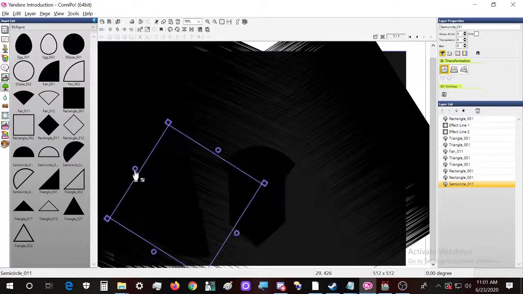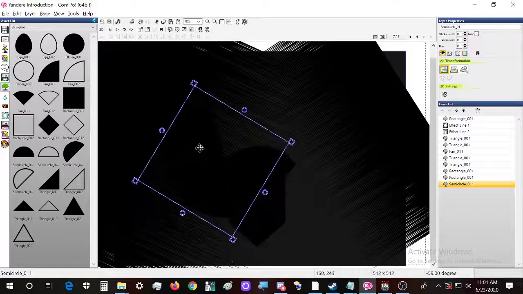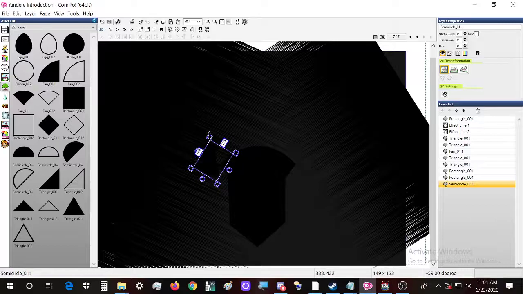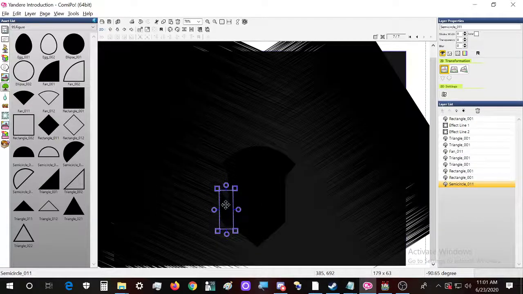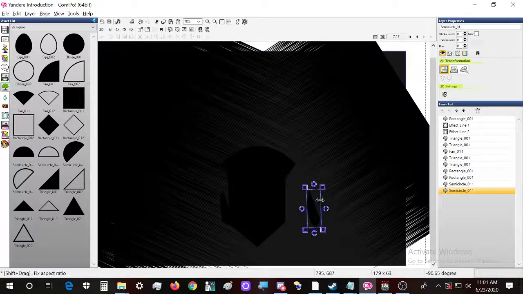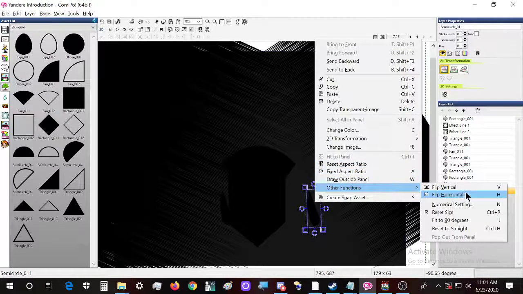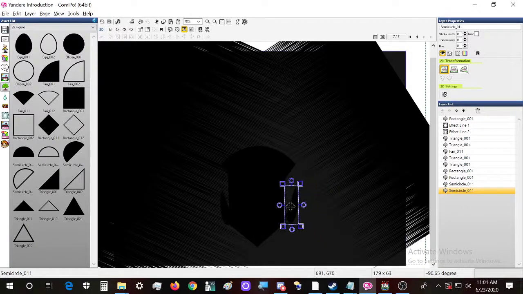Okay, now the ears will be something like this theoretically. Okay, now we copy and we need to flip this vertically, and it's needed somewhere around here apparently.